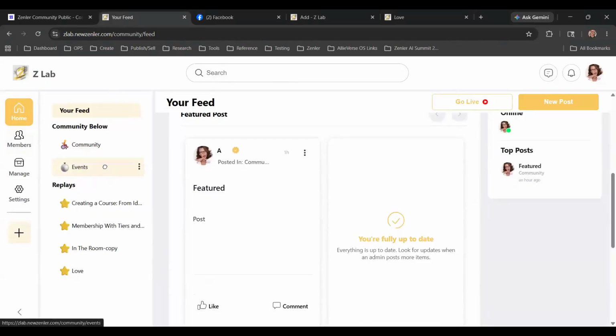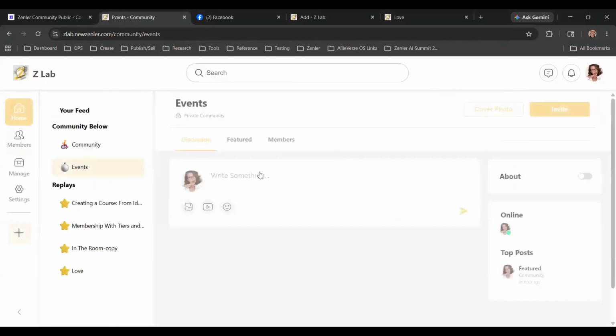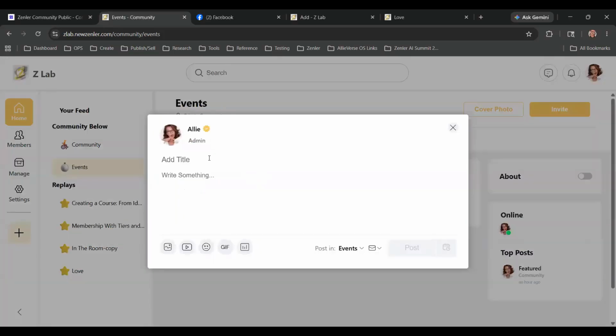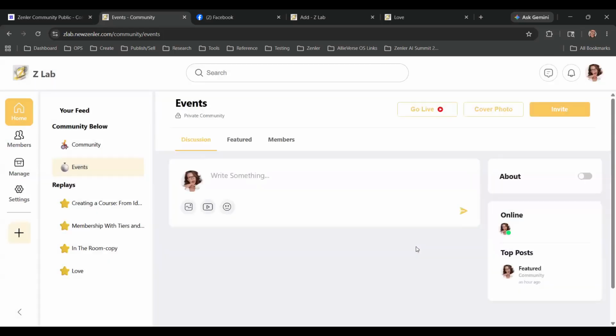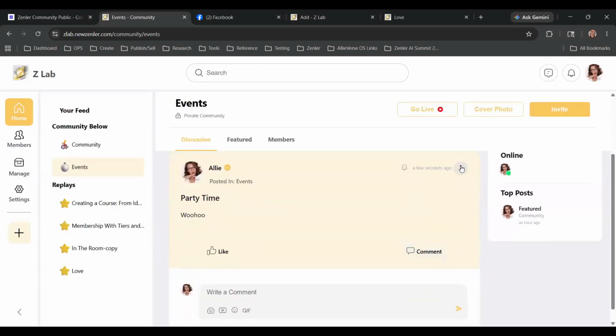So if I come to events, I can write party time. Woohoo. Okay. And now I see that it is in events, and then I post it. Now I can pin this to featured.